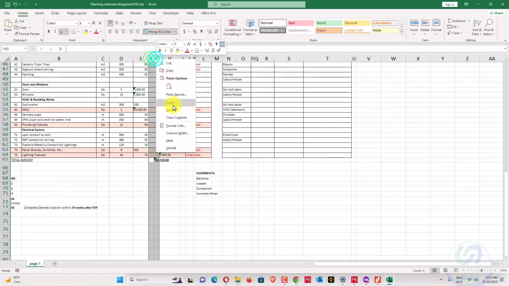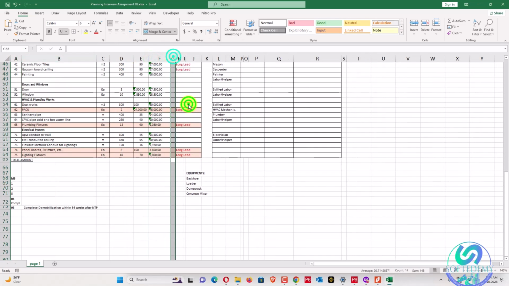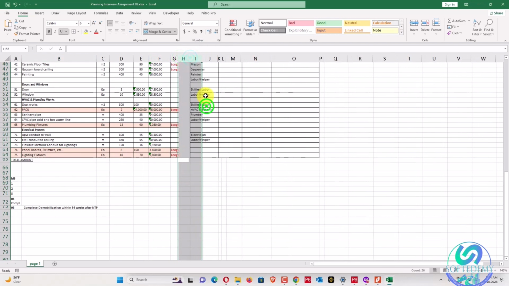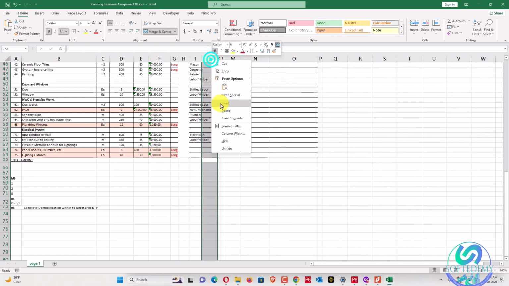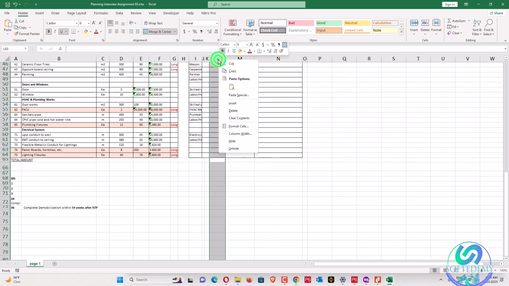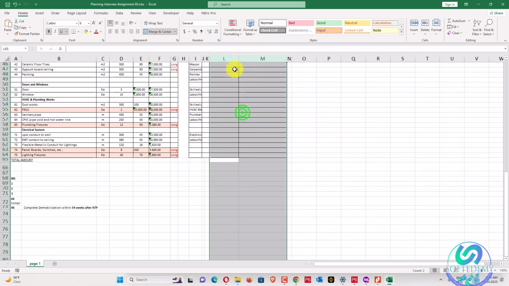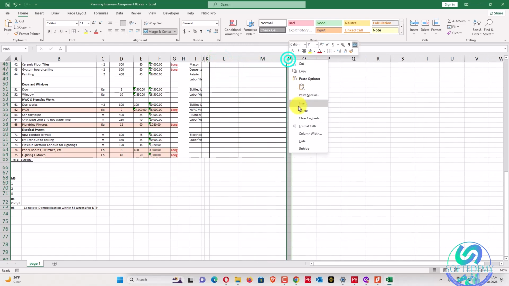And now these both I will delete, delete this one, delete this one. These columns may make it difficult for formulas while copying into other sheets.